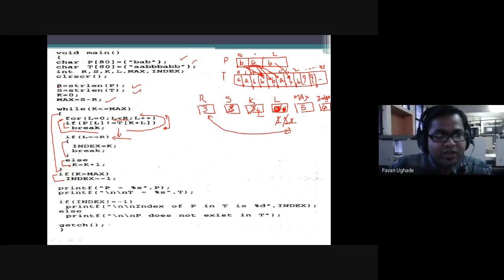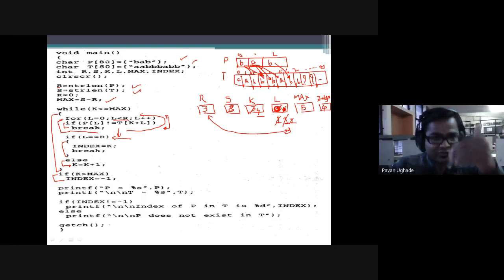Now this break is going to break out completely, because the loop above it was not a for loop, what came above it? While. So we are completely coming out of this because we got the pattern. We are interested only in the first pattern, not the second pattern. Got it? So we are coming out and we are saying if k is greater than max, what was the k value? 4. What is the maximum value? 5. So is k greater than max? False. Okay, it is false.